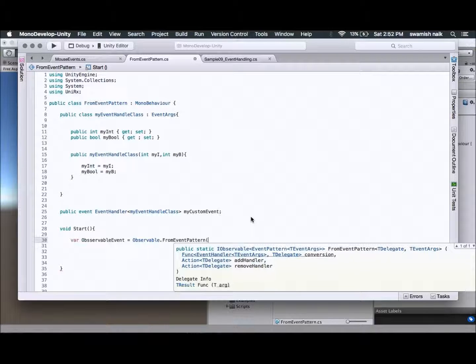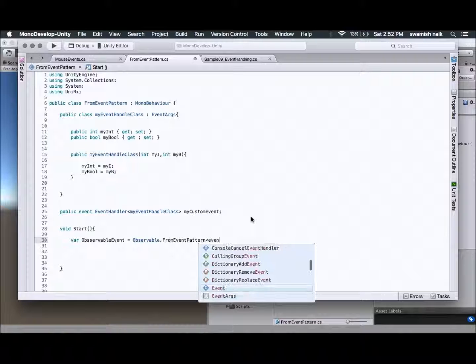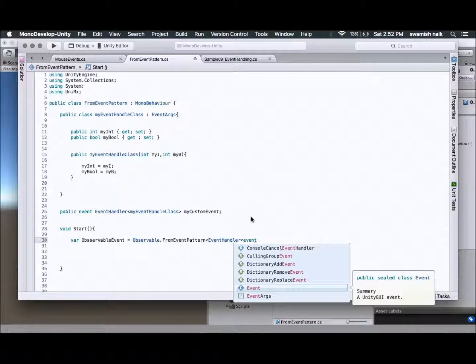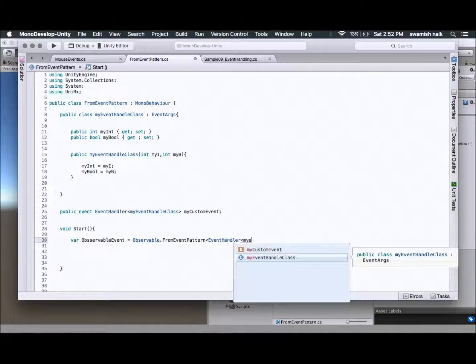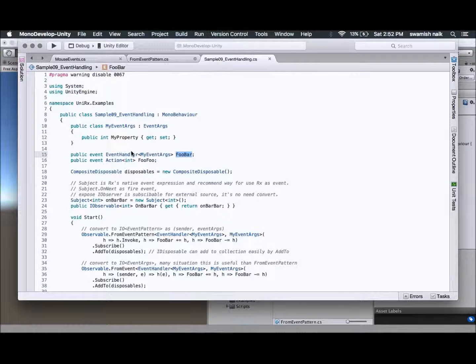So in FromEvent we will first pass EventHandler of my custom event handler class, comma, EventHandler, my event arguments.